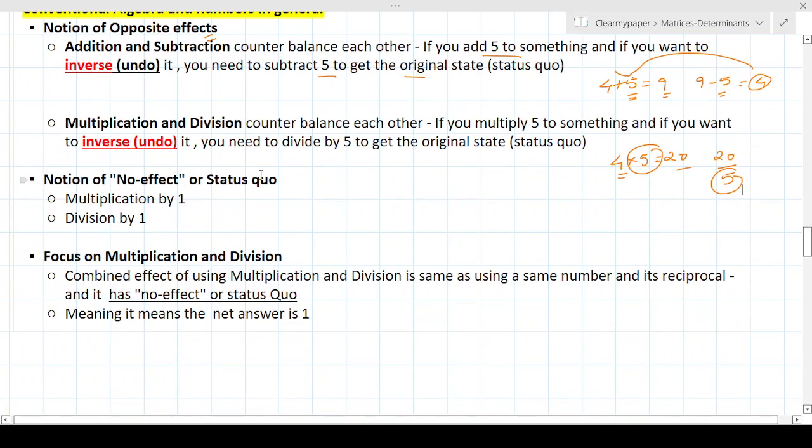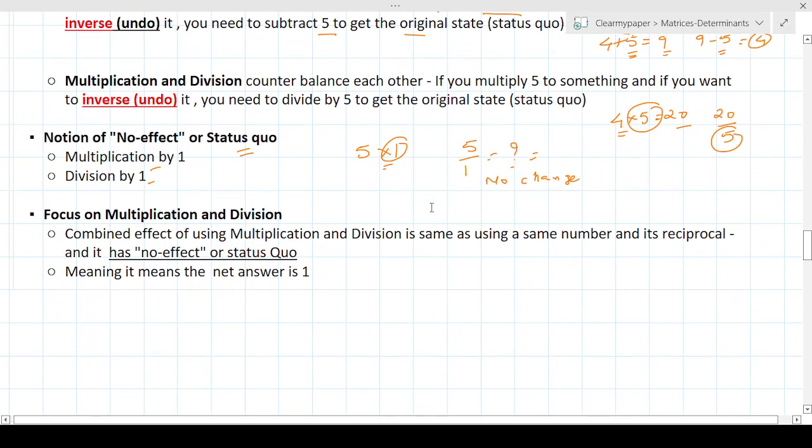Similarly, there is a notion of no effect or status quo. You take any number, 5, and multiply by 1. It does not change anything, in terms of multiplication and division, I mean, not in addition or subtraction. If you take a number and multiply by 1, or divide by 1, it does not change anything. Its answer is the same, no change. So it's a status quo, right? That's another concept that we all know. So let's focus more on the concept of multiplication and division. That's where the matrix algebra kind of differs, and then we'll talk about what is the difference and how things work in the world of matrix algebra. Okay, so